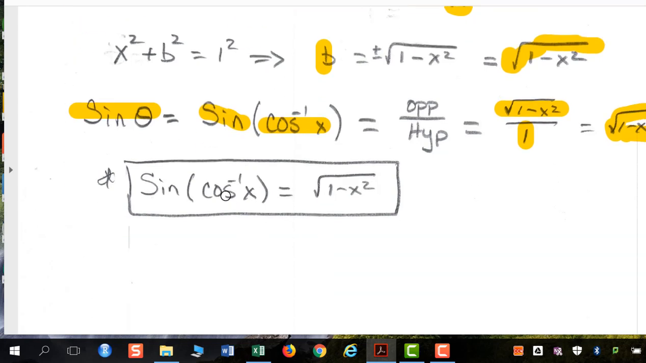So therefore, my answer, arc cosine of x inside the sine function, simplifies to 1 minus x squared underneath the square root. And notice all my